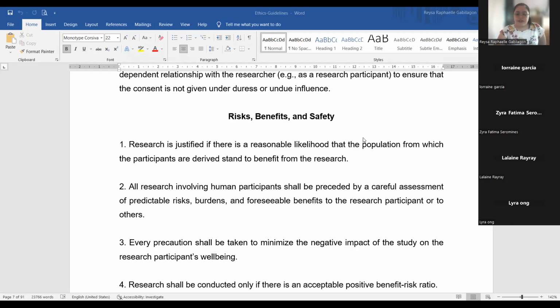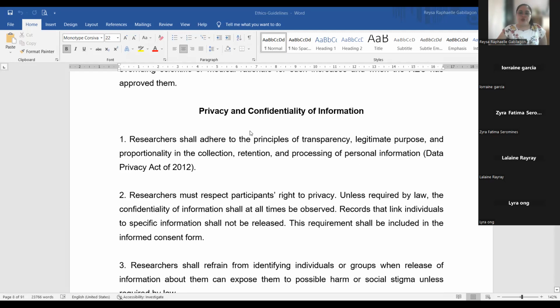And also the safety, for example, there are risks regarding their safety, like when you draw blood from them, you extract blood from them, you really have to make sure na they will be safe, walang risk of a possible infection or risk for contagious diseases. Okay? And then ito yung sa lahat ng paper talaga involving human subjects na andito talaga siya parati, the privacy and confidentiality. You have to state in your paper that you will really protect the privacy and all the confidential information that you will get from your participant.